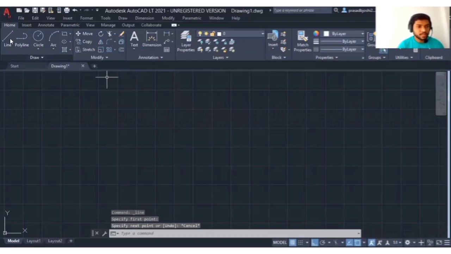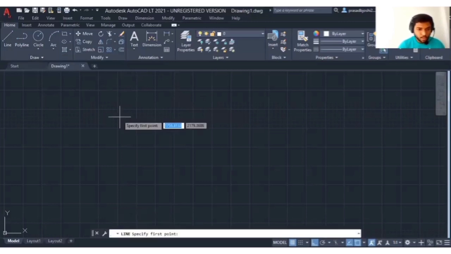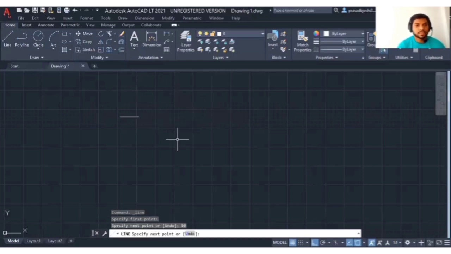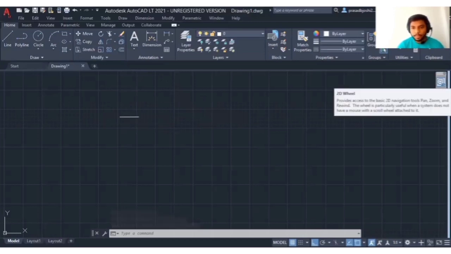So this is the line command. We can specify the first point and we can give the dimensions. For example, if we want a line of 50, then type 50 and press enter and press escape. So we will get the line of 50. We can zoom in on this. Here we have the pan wheel.